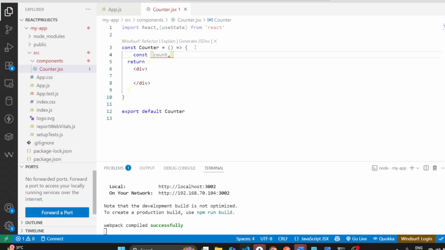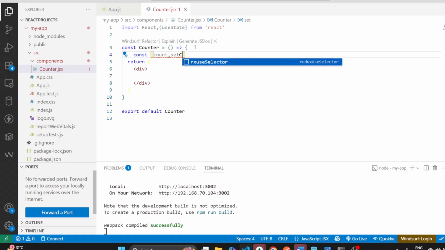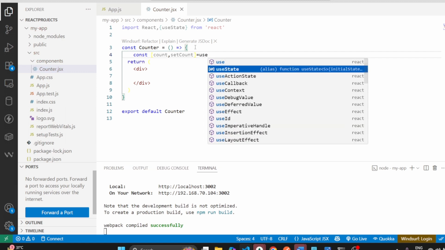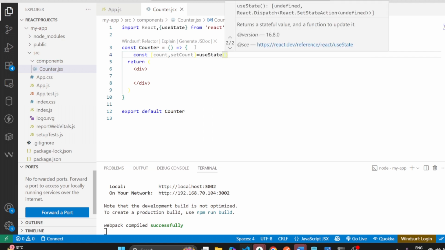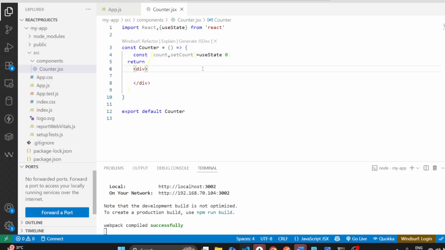And we have one function to update that number. Normally it is a convention that we use set, then that variable name. So like this, okay? setCount. Then the initial value of this count we can assign here like this. You need to write useState, then in the brackets we can give the default value, okay? So here I am assigning this count as 0 only. Clear? So here setCount is a function we use to update the number. It's like the hand that puts something new into the bowl, okay? So here useState(0) means start with the value